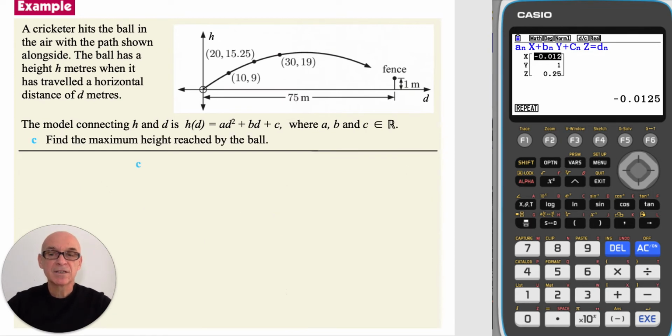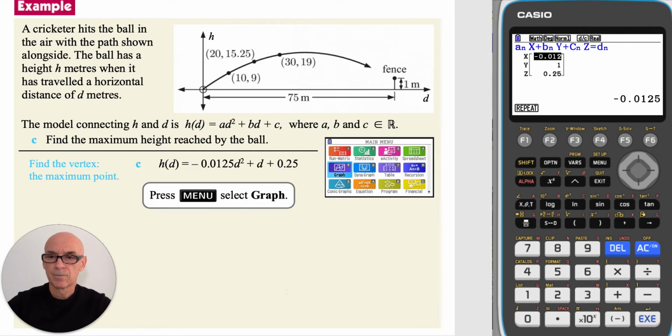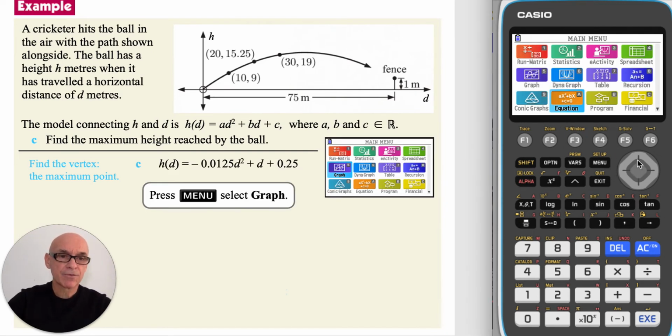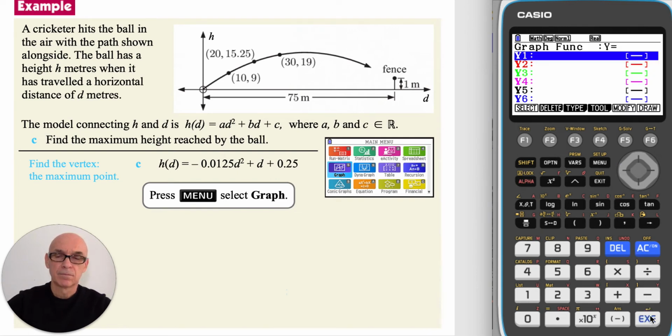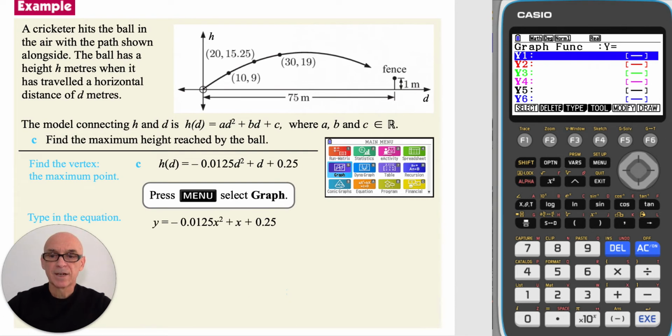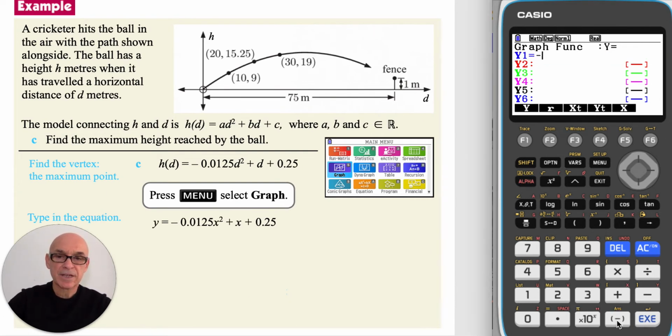In part C, to find the maximum height reached by the ball, we need to find the vertex, or the maximum point. From the main menu, selecting graph, typing in the equation of the model to y1. So that's negative